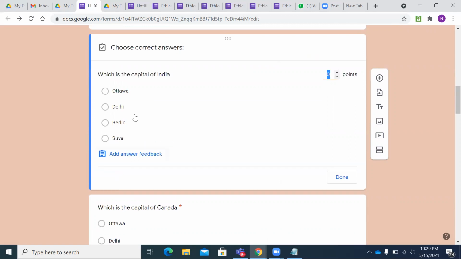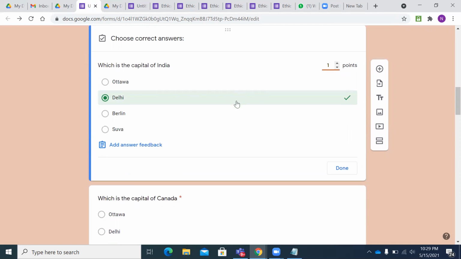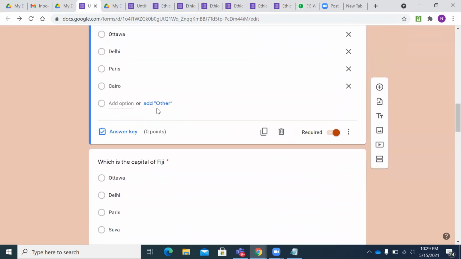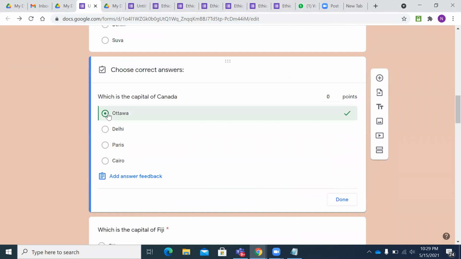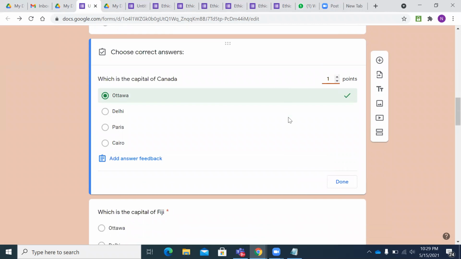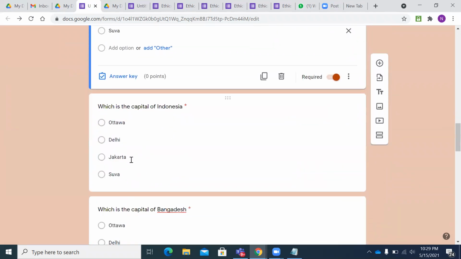First click on the answer key, then click on the right answer, and you have to assign the mark. Let me add 1 mark for this question. And again the same thing, Canada. We need to click on the answer key and add a point over here. And the same over here,